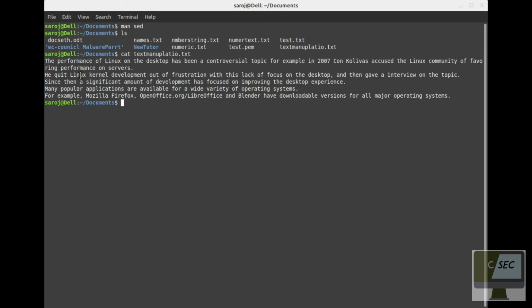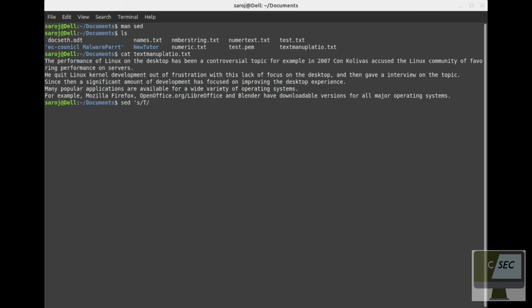So let's see how we can manipulate the text through the sed command. I have to type sed, then give double quotes, then specify s for substitute, then the letter I want to substitute, capital T, and after it we specify what to substitute it with.